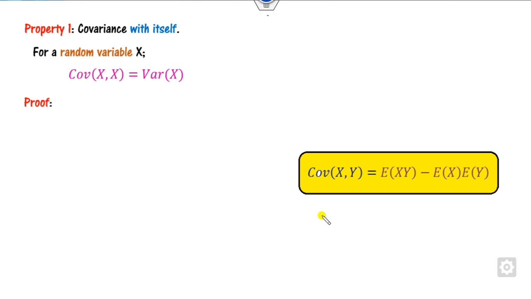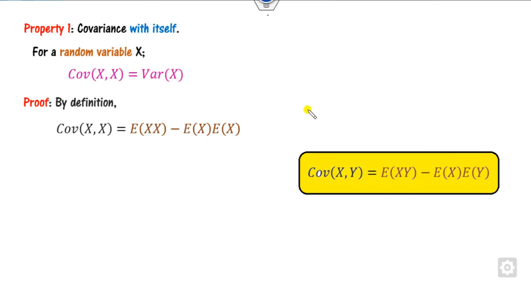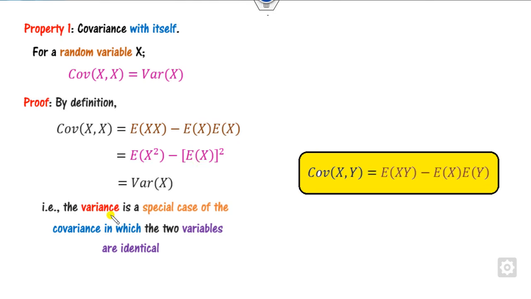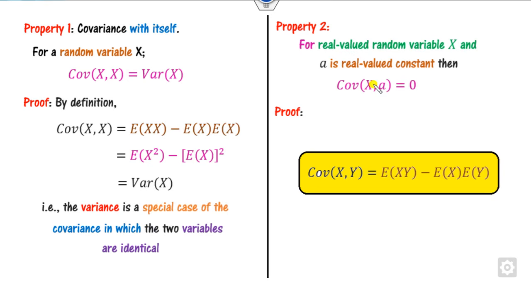What are the various properties of the covariance? So we can start with the various properties. The first property is very trivial, that is covariance with itself is nothing but the variance. What is that? If you simply take y equal to x in this formula, you will get, as here, this is x into x, that is x square. This is nothing but my variance. What is the second property? That is, the variance is a special case of the covariance. If you have any constant vector, then covariance will be 0.